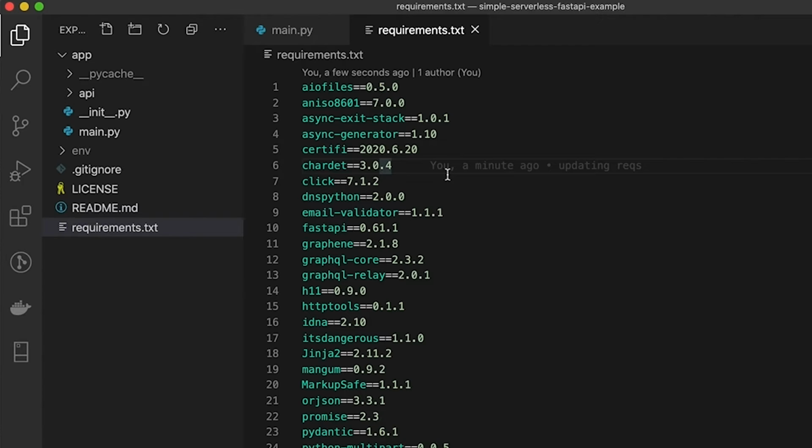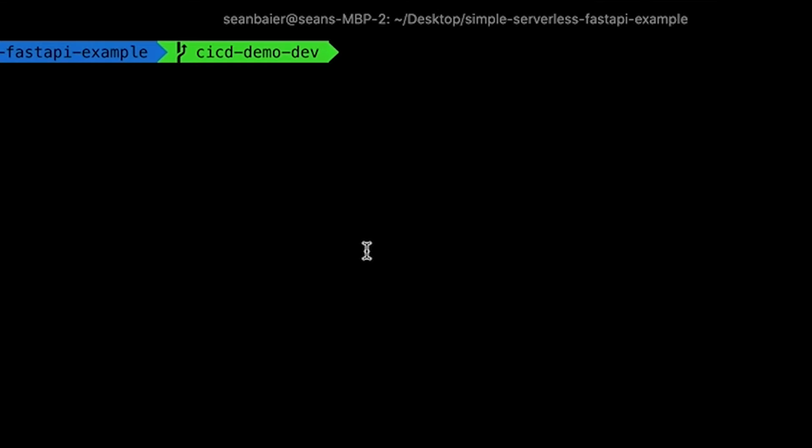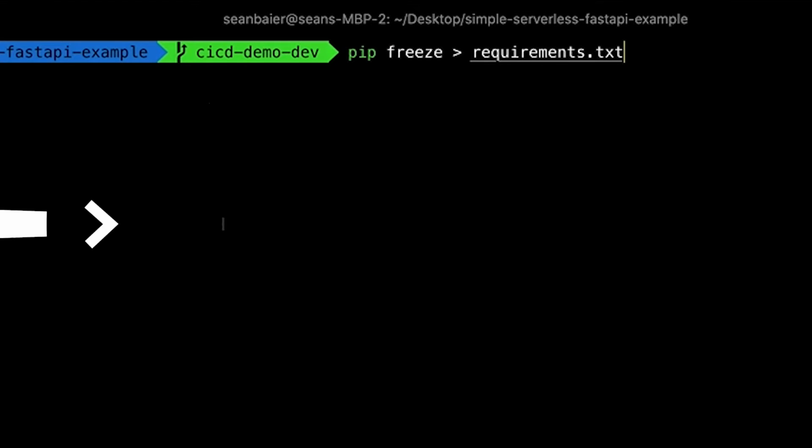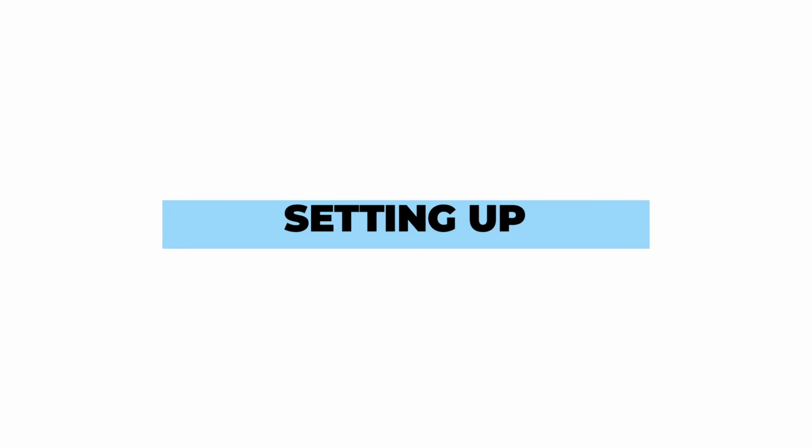So if you checked out the starter files, you should already have a requirements.txt file in your project. If you don't have one, go ahead and run pip freeze and output to requirements.txt. Now that you have a repository set up and you have your requirements.txt file, it's time to set up the